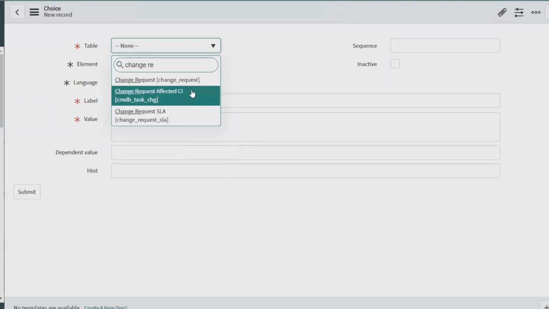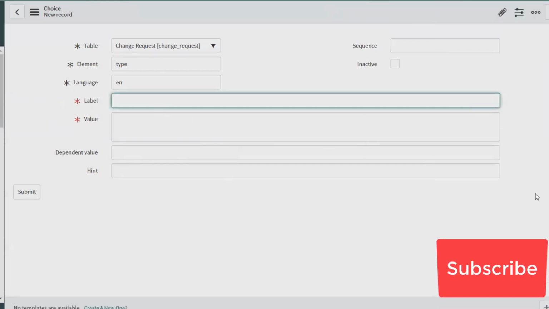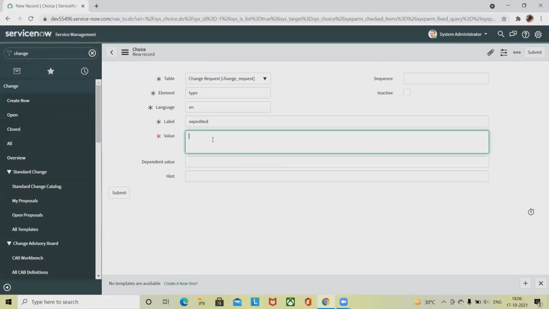Inside the change request, you select the change request table, which will add the name into this. Provide the label. So enter a value for the new change type, for example, expedited.